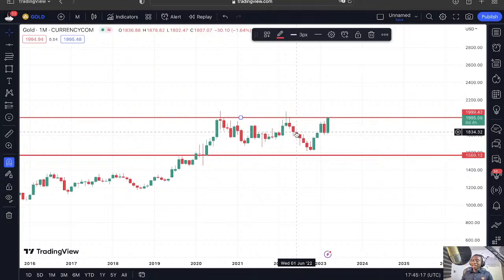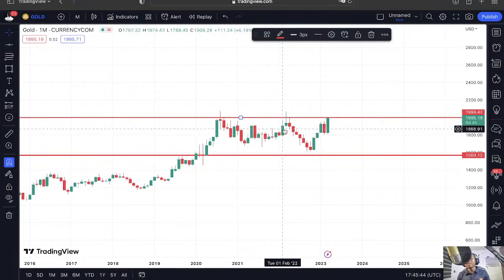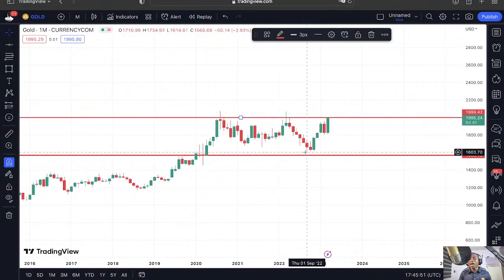When people fear that they might lose their money in a bank, what happens? Everybody goes and starts withdrawing their money. Bank run. It has happened, it is happening, and it will keep happening. So humans respond almost the same way, and that is what we are seeing here. The 2020 COVID, you can see how price moved. And other crises that have been around, inflation, unemployment rate and all that, have been sustaining the gold,